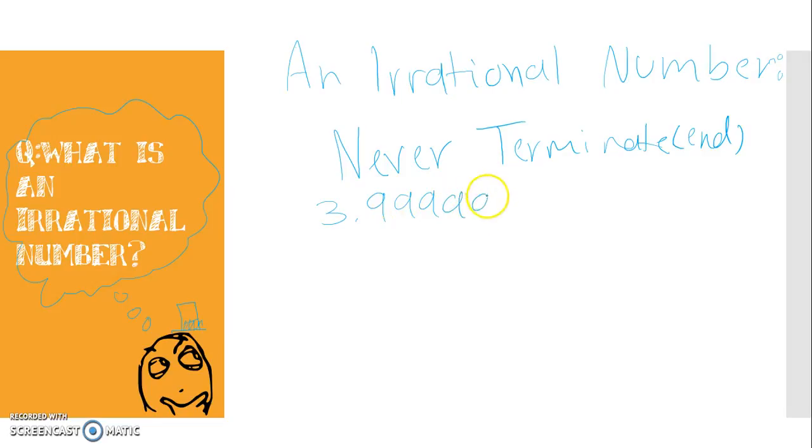9, 9, 9, 9, 9, 9, 9. And we're just going to realize that this 9 just keeps going on and on forever. Or if you have already covered this in your math class, then you're just going to put the line right there, and you can delete all this. This is a never terminating number. So it meets one of the qualifications for being an irrational number, but it does unfortunately not meet the second.